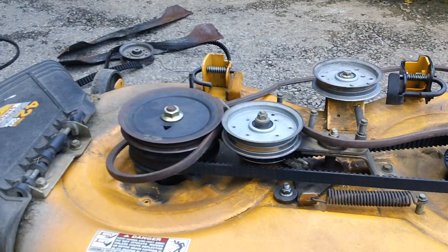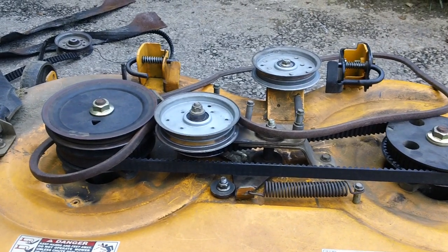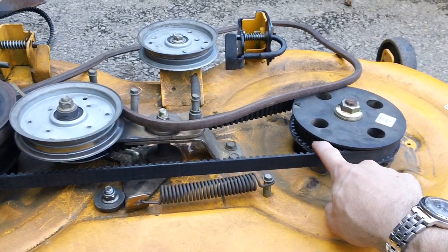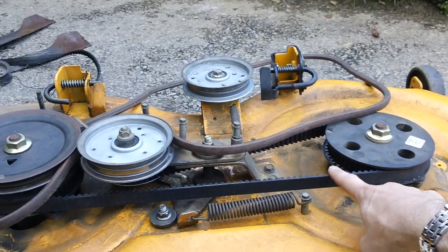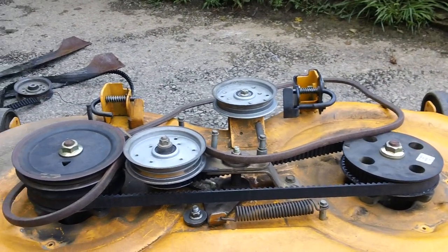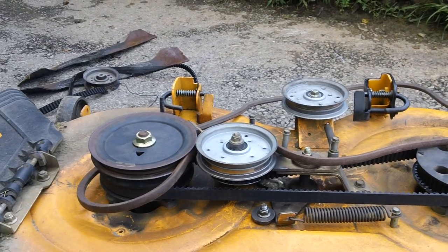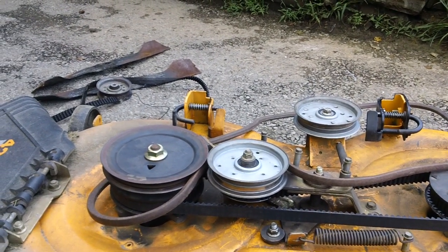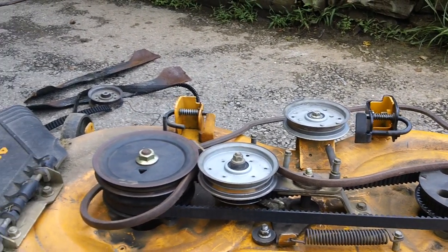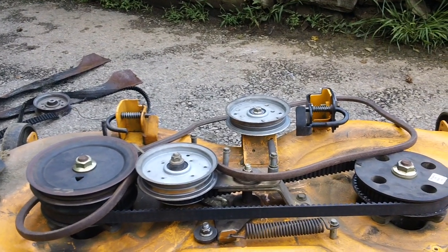Because if it does happen, there's a chance the belt, the actual cog belt, might start jumping around and actually skip a few of the notches underneath the cog right here, and the belt itself might go scrap, it might go crappy again. So just remember that the belt has to be aligned properly with the deck spindles right here in at least like a 12 to 3 position, 9 to 12, somewhere around that kind of position. So that's my review for the actual deck